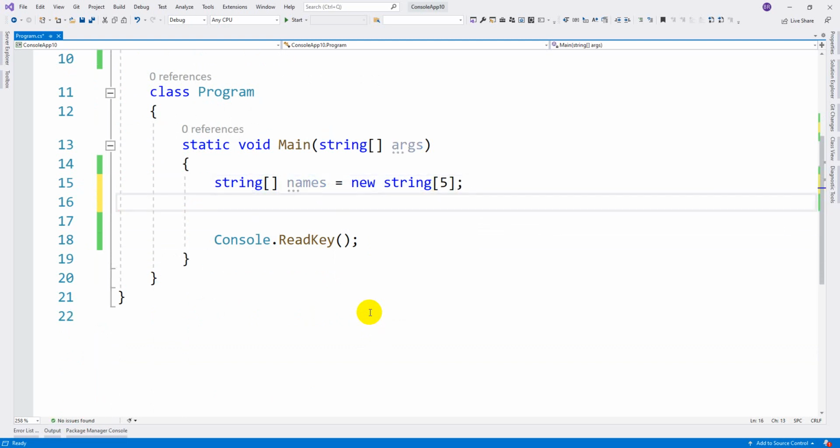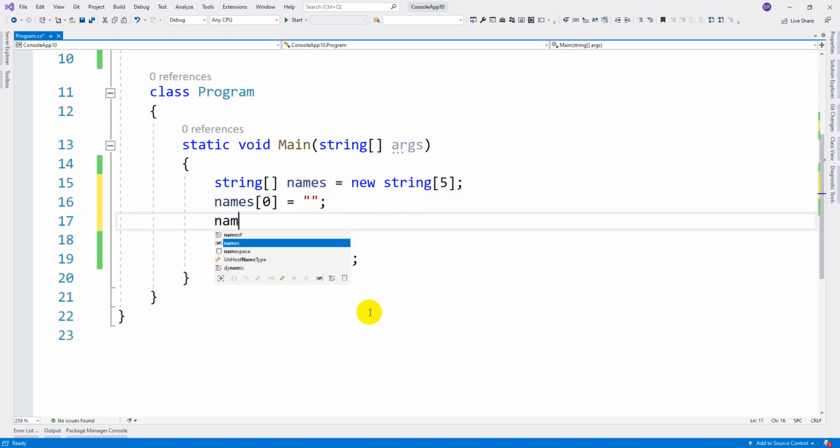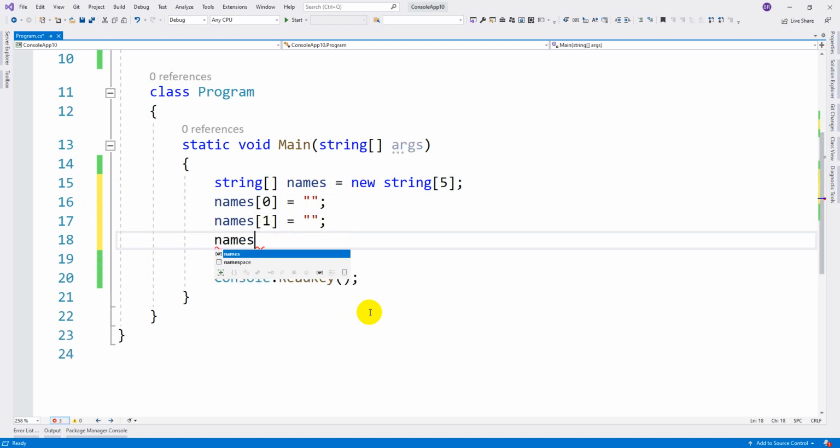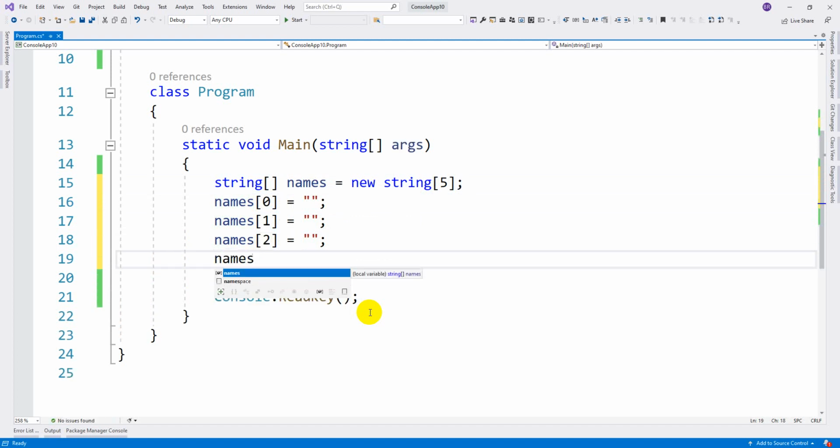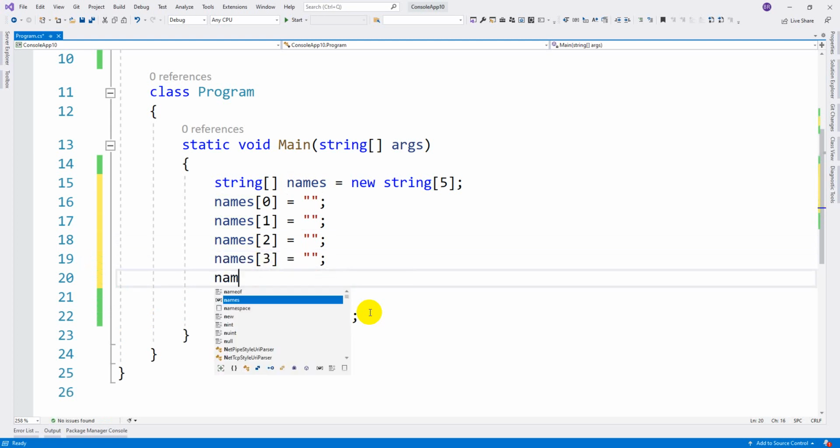Then I can add the values like this: names of 0 gets some name, names of 1 gets some name, and you need to repeat it till names of 4. Because the array index always starts with 0, it is available till the size of the array minus 1.